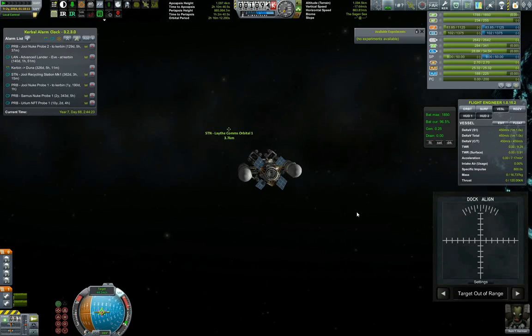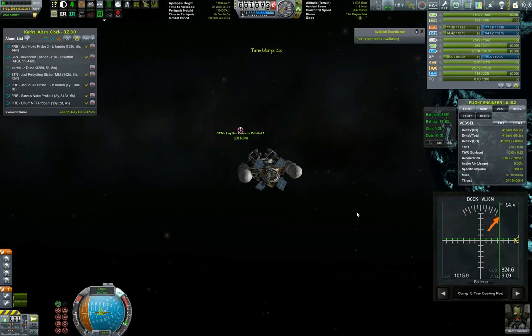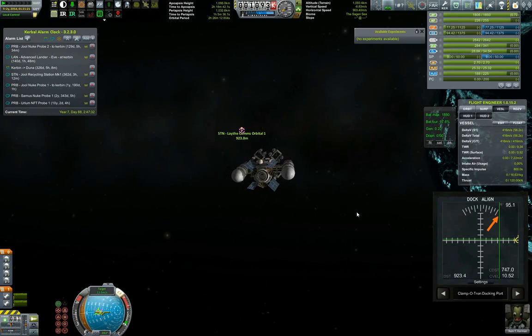Let's bring up the docking align indicator and... 0.9 kilometers out. And this is a simple game of patience and basically getting as close as possible. We will be entering physics range soon, and I think we are. Yep, we are. And we immediately got prompted for the dock port. And we have Lathe slowly creeping in from the east, or...